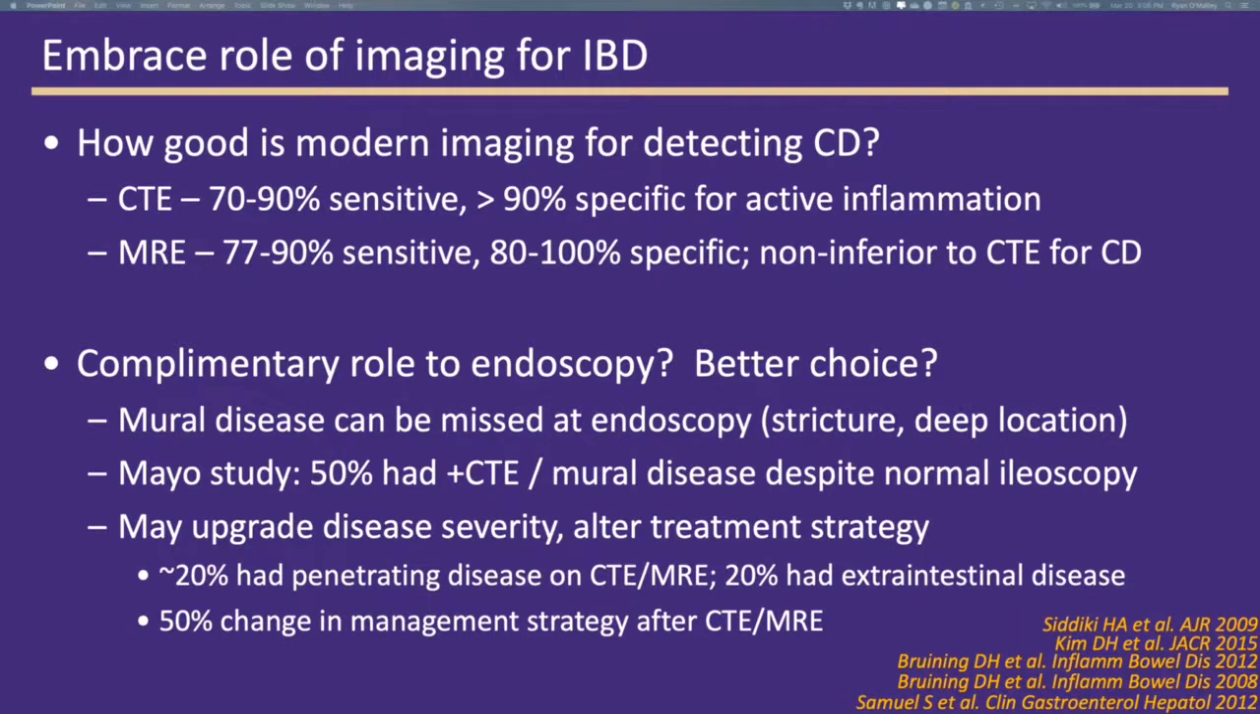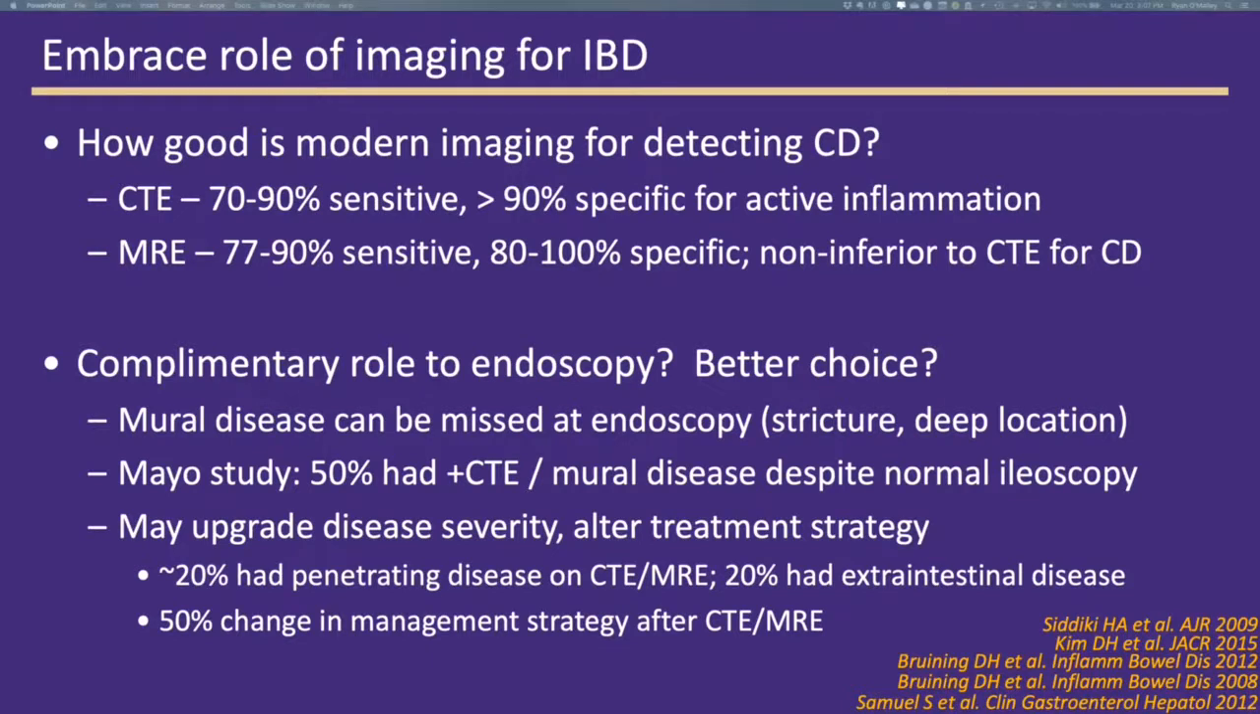Historically, and still for the most part, imaging is complementary to endoscopy, but in some cases it might actually be a better choice. There are many patients who have transmural disease or extramural disease that is not visualized endoscopically, for example, patients with strictures or deep intramural disease. There are certain studies, including the ones listed here, where a significant percentage of patients had undetected disease that was seen only on imaging and not on endoscopy. And so a significant percentage of patients may actually have an upgrade in their disease severity based on the imaging findings,